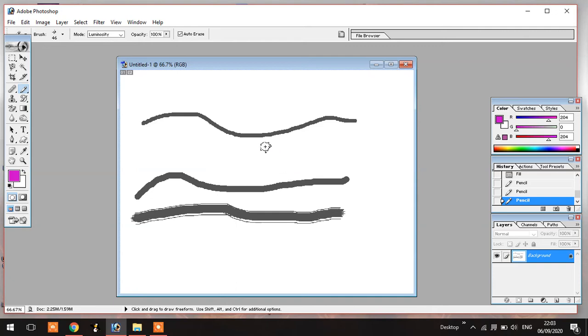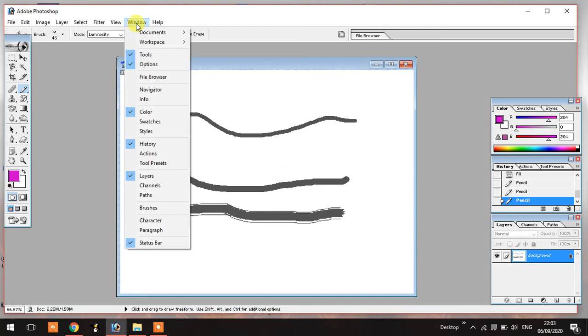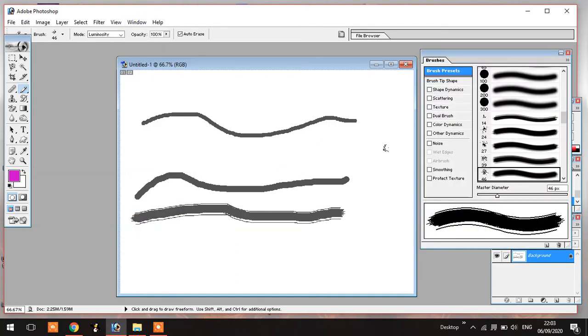If you want to use brush tool, you have to press Windows, just behind the file browser you have to see brush, but brush is not visible, so click on Windows and then after brushes, then you can see different type of brushes.